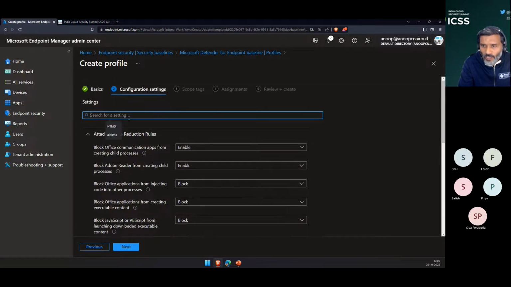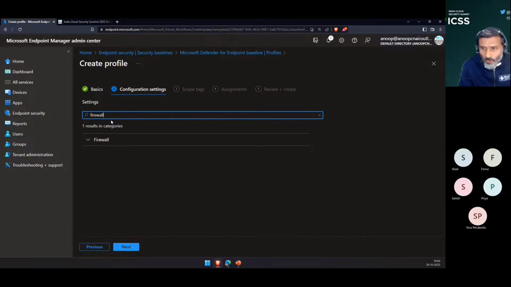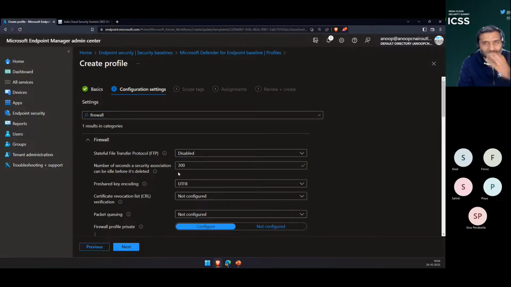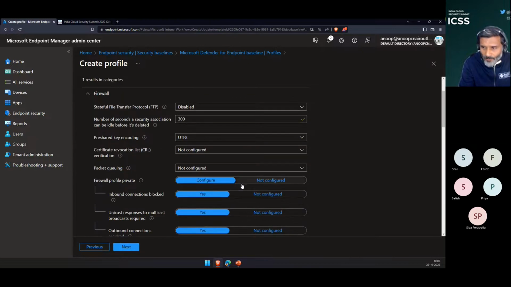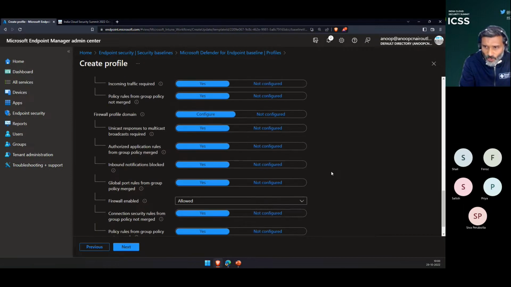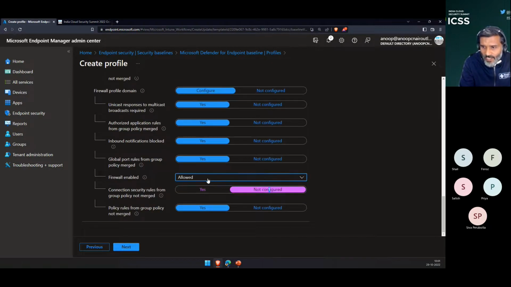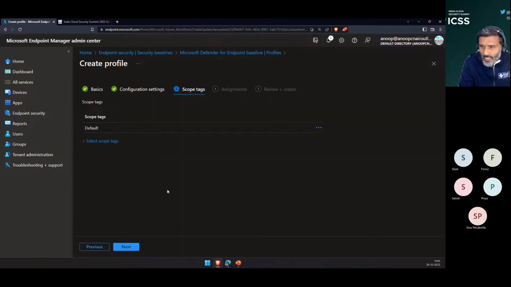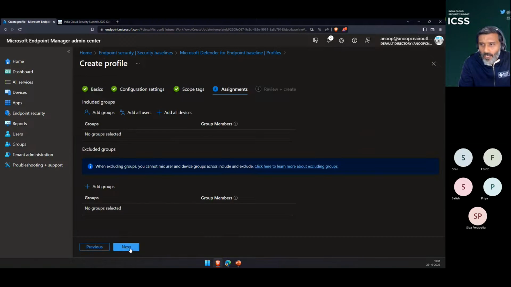And if you are looking for some specific policies, you would be able to see a search over here. Search function is very useful over here. If I want to check the firewall policies for my endpoint, you can check over here what firewall policies are available for my Windows 11 and Windows 10 devices. So if you want to not configure it, and if you want to block it, you can do it from this particular template. And I'm going to say next quickly,